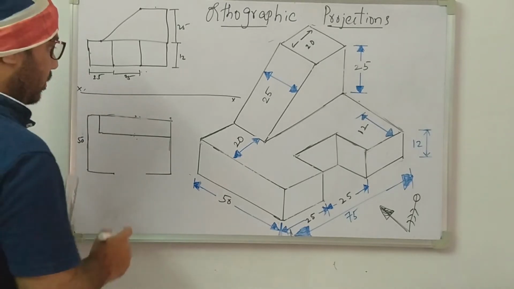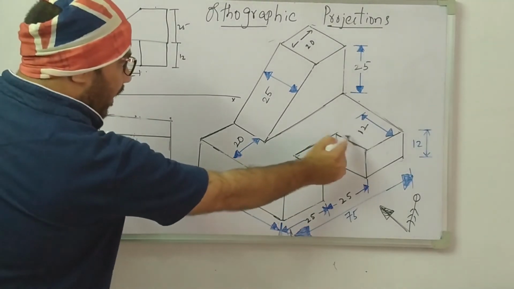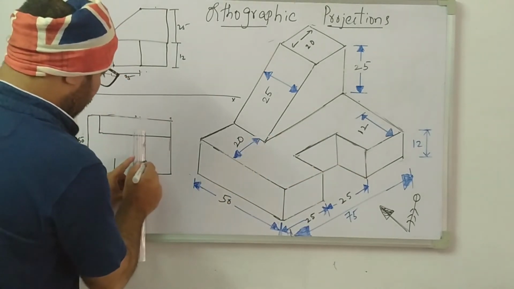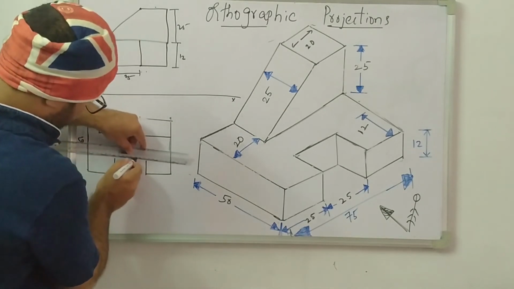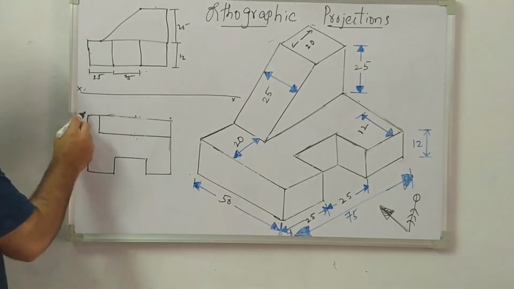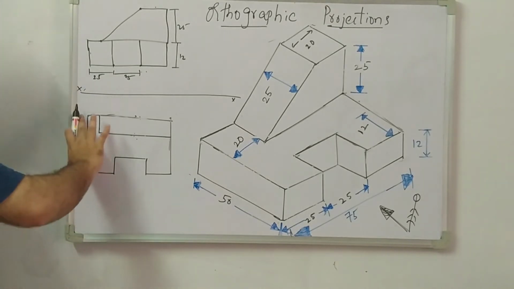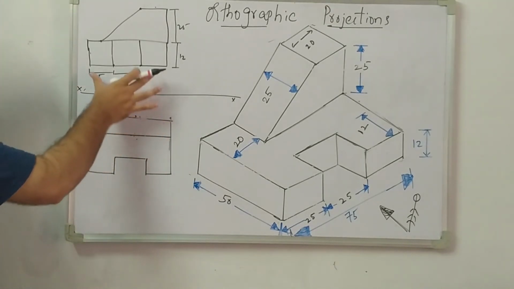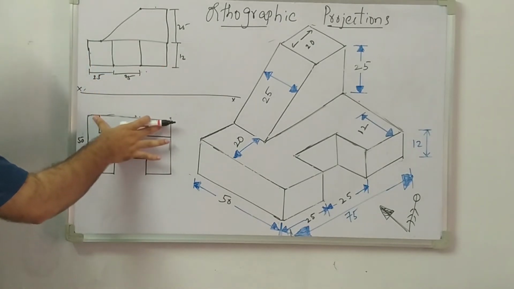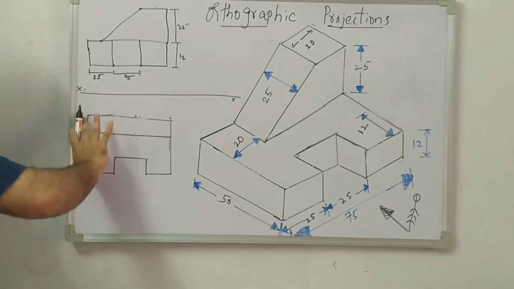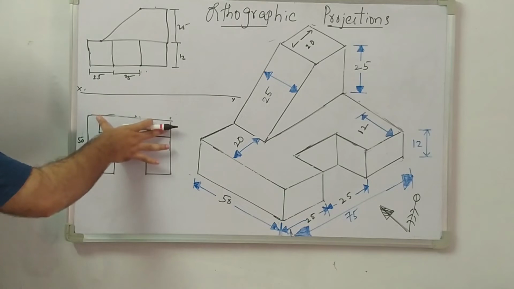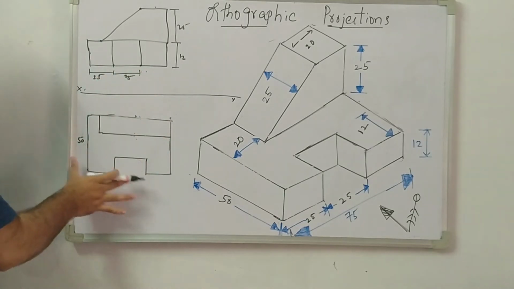From there, draw the height. The length is how much? 12 is mentioned. Draw the 12 and the 12 and join it. So this total width, never mention this width like this. Why? Because the length is already there. Simply we transfer the length here. Don't mention the length like this. Always the width should be in this manner only. The length should be like this. This is 75, this is 75. We completed the top view.